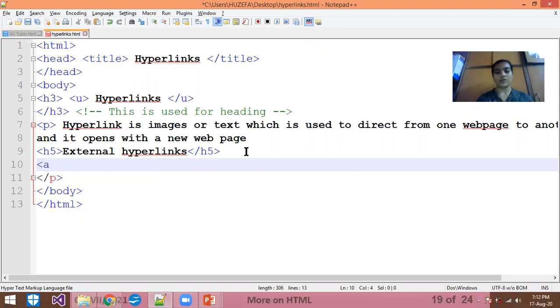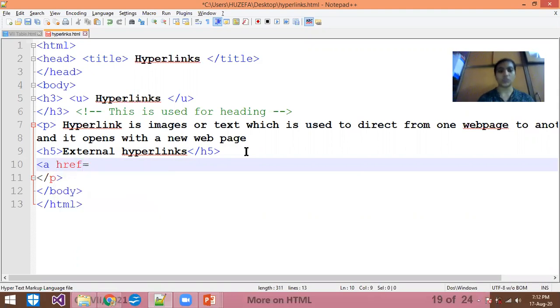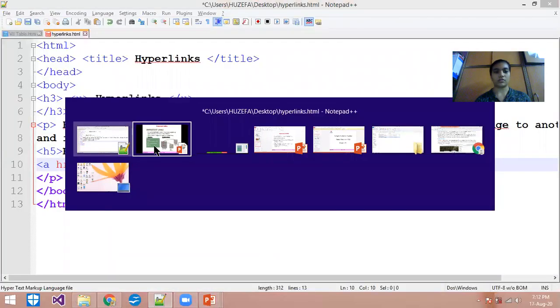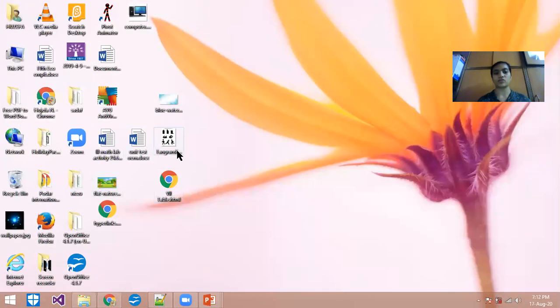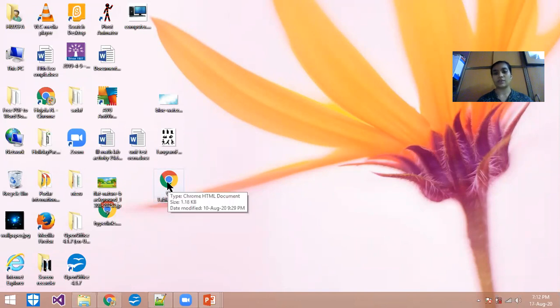Then you have to write compulsorily href equals to the file name, and I will show you a file from the desktop. The file is here on the desktop. First of all, I will enter any file. Yes, I wrote the 7 tables file. That will be an HTML file. So I just write down the name